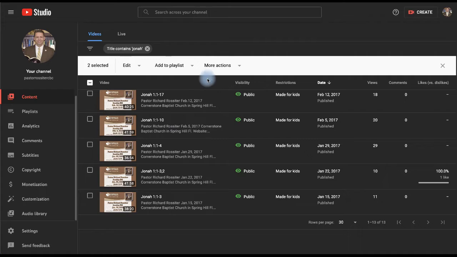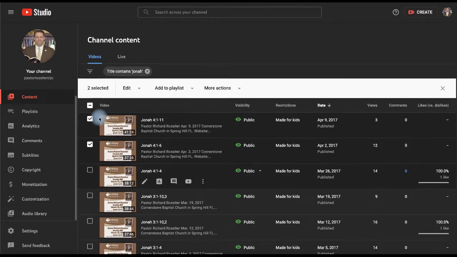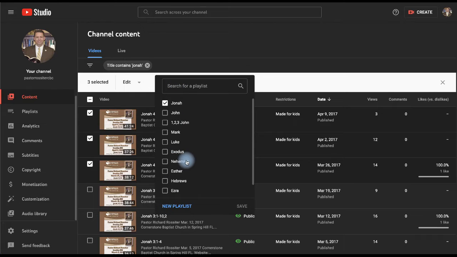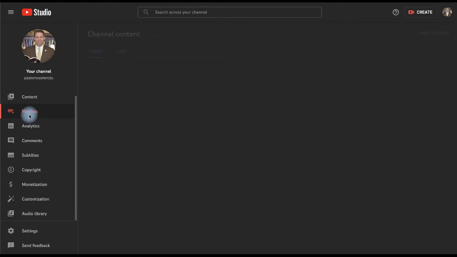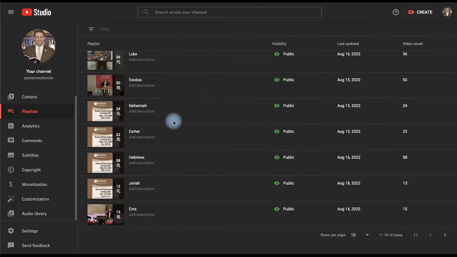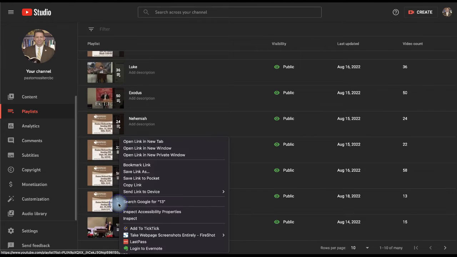And like when you do Luke, it will have Christmas sermons. So you'll know because you'll just look at these dates and see if they're pretty much sequential here. So basically, you just select all the ones that you need, and then add to playlist, and you'll make a new playlist and add them all to that. Then once you do that, you can go to the playlist. Now I'll show you how to, once you have the playlist made, like we'll pick Jonah for example, you can just right-click on it, copy the link,